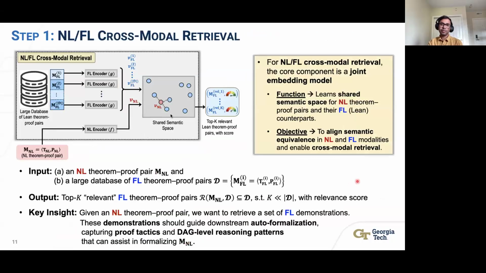So step 1 of the ProofBridge is natural language to formal language cross-modal retrieval. And this is one of the core components of our whole pipeline. To achieve this, we first train a giant embedding model that learns a shared semantic space for natural language theorem proof pairs and their Lean counterparts. The goal is to align the semantic meaning across these two modalities, natural language and Lean, so that we can retrieve formal examples that are truly relevant given our natural language input. That means similar proofs in natural language and formal language are placed close to each other